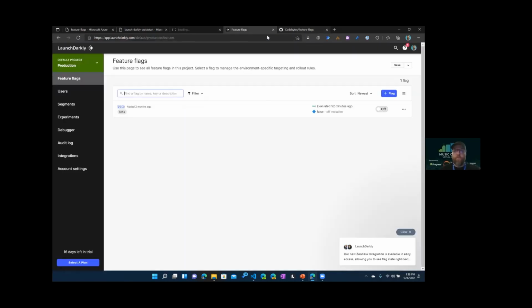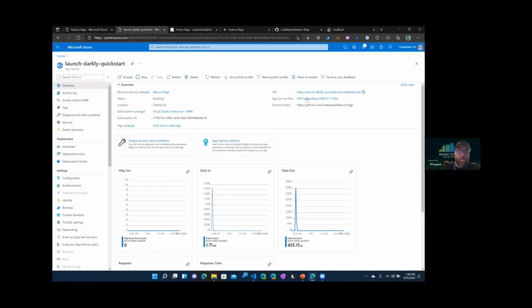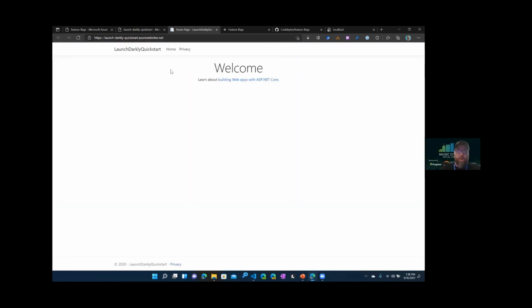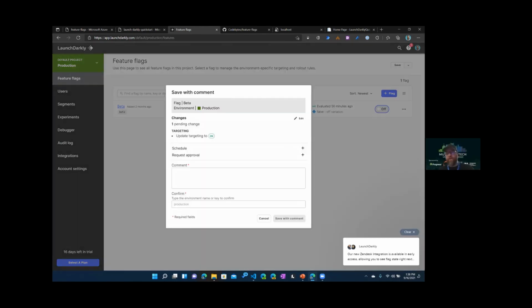And if I come to the localhost, well, this one came up, so that's fine. So I've got the Azure hosted one, and I've got my feature flag in LaunchDarkly. Let's go ahead and turn this on. Because this has some functionality built around, hey, maybe I want to schedule turning this on, or I need approvals,